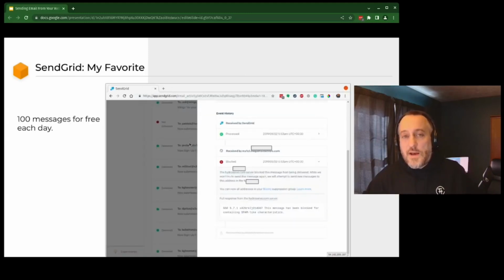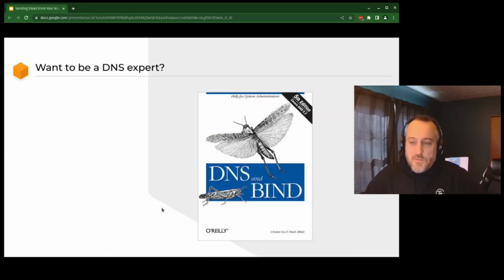And once you have SendGrid set up, or Mailgun, but I'm going to focus on SendGrid, you'll have this awesome log too. So not only do we have a plugin that keeps track of things, we also can log into SendGrid, and if someone's not getting the mail, you can go through and figure out, okay, look, it was received by SendGrid, it was processed, but it was blocked, and here's why it was blocked, which is golden right there. To me, no brainer.